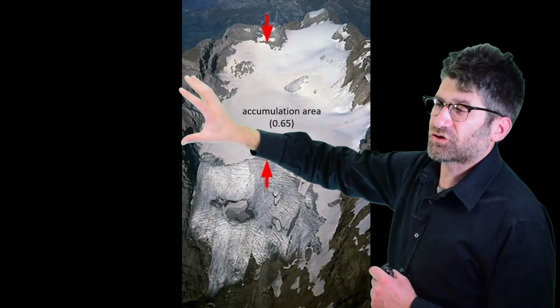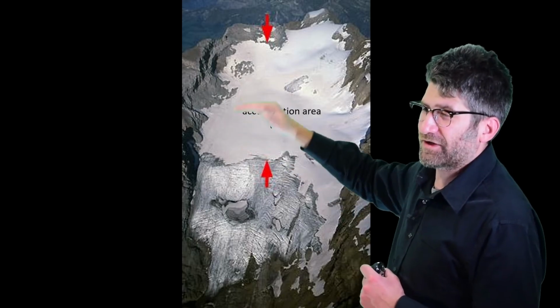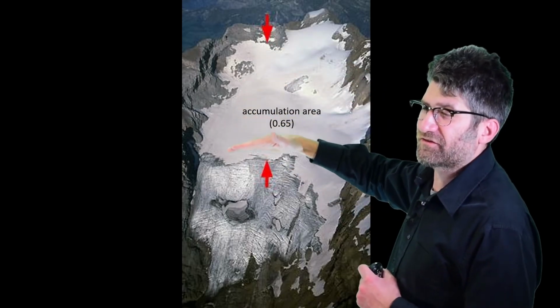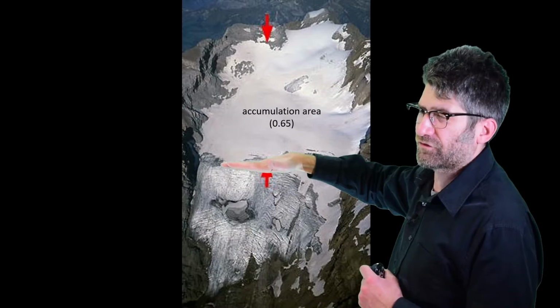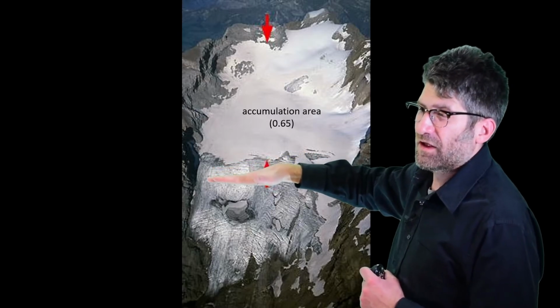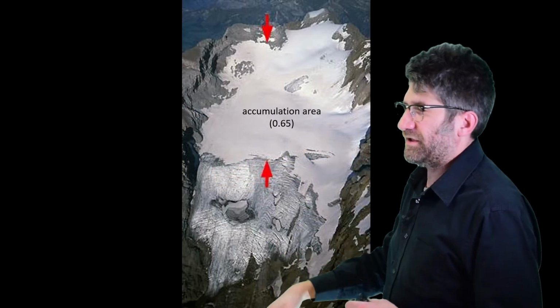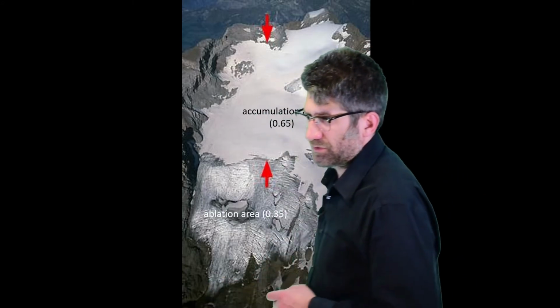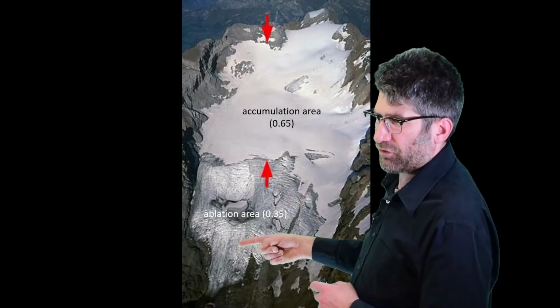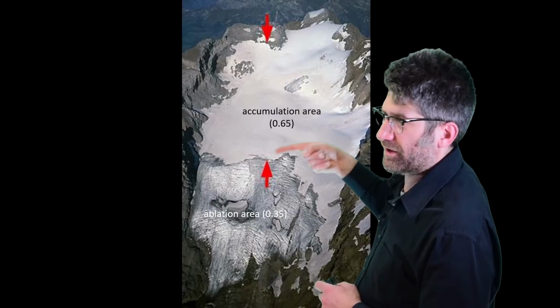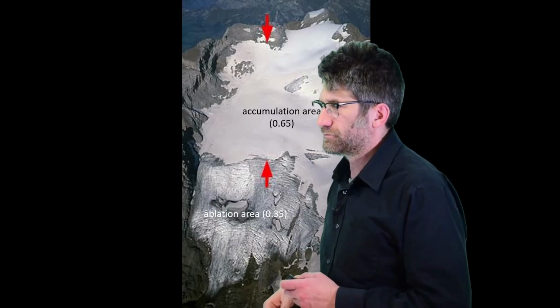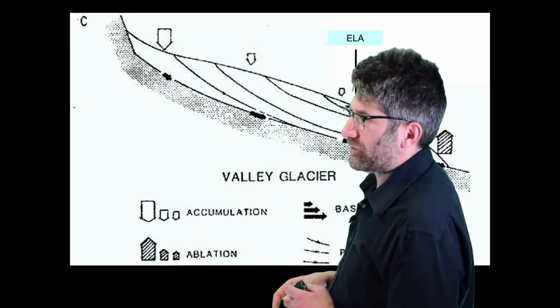Generally on a glacier, if we look at the area, the accumulation area is about 65% of the area of the surface of the glacier, meaning that 35% would be the ablation. So ablation area here about 35%, accumulation area about 65%. Okay, that boundary,